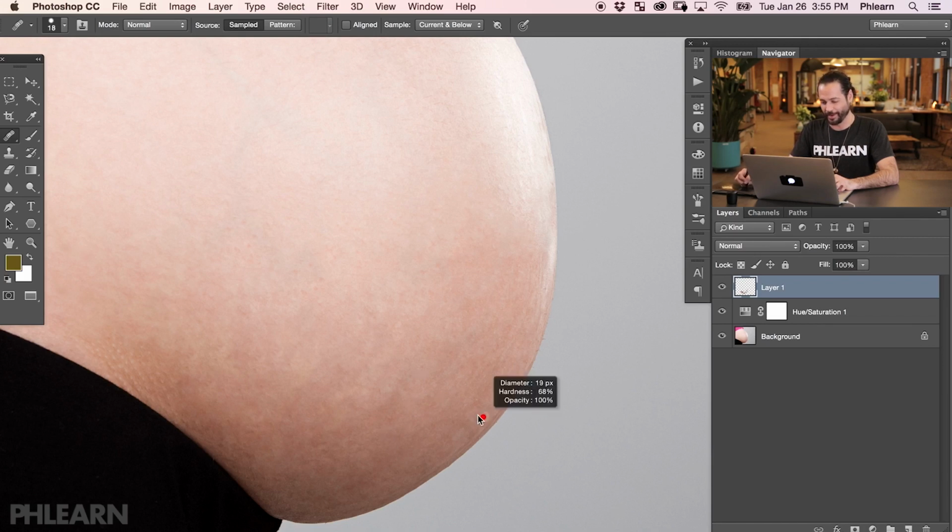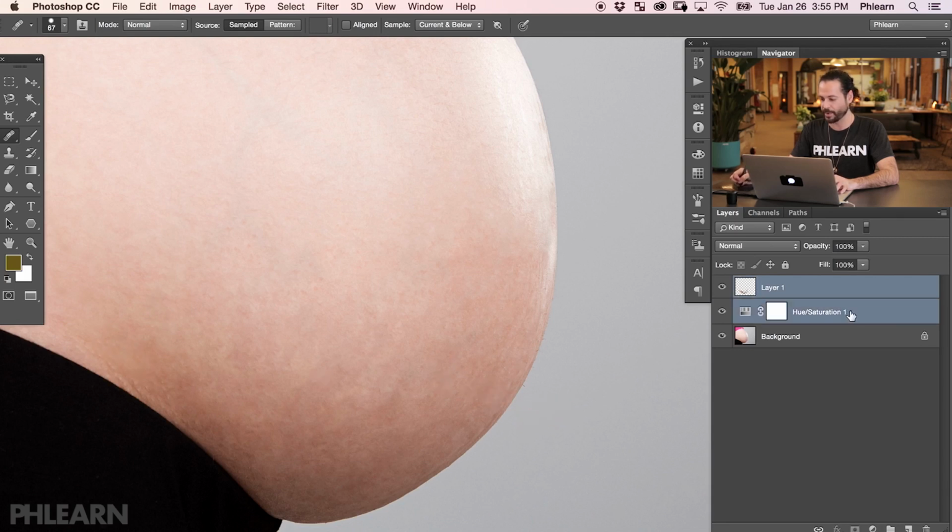So there we go. Okay, cool. So there's a little bit of healing and you're good to go. Let's just turn that off and on so you can see the texture from the stretch marks. It's really, really easy to remove, as long as you take care of the color first. Again, that's the big one. Make sure you take care of the color first.